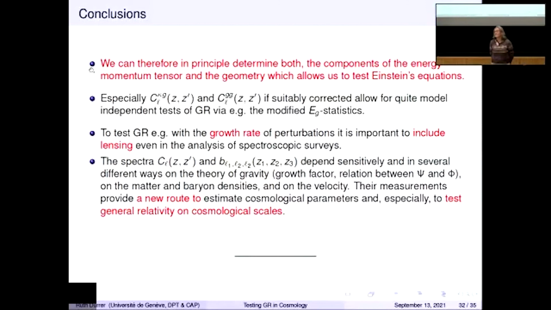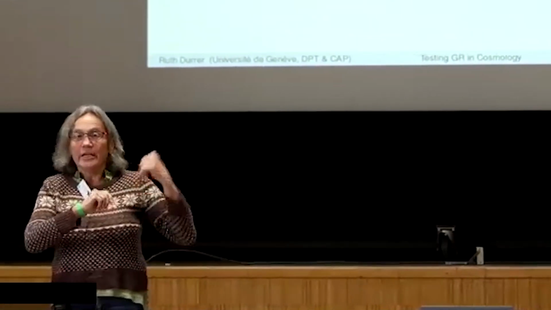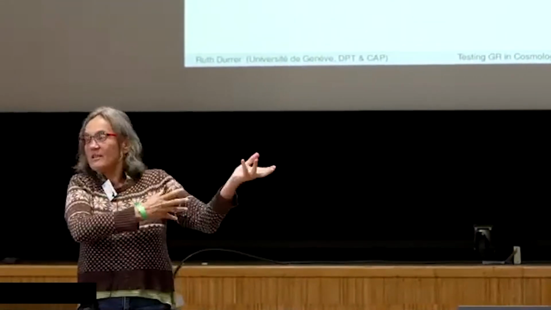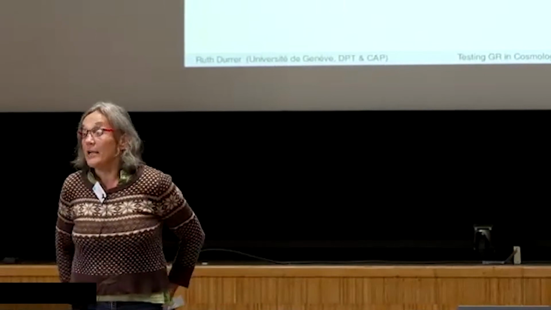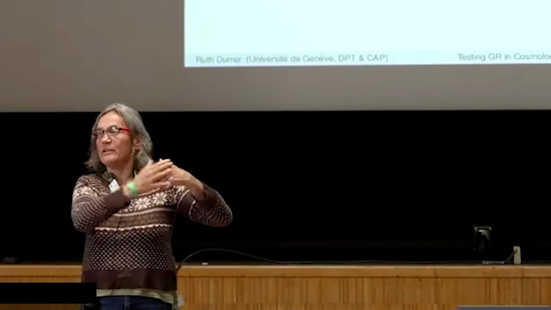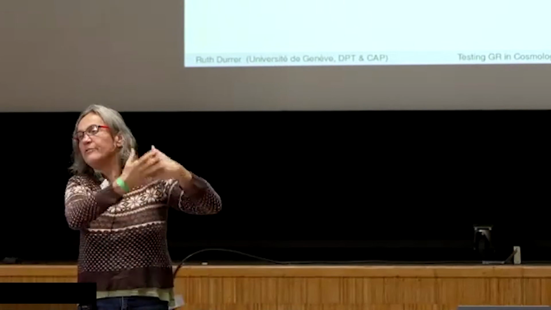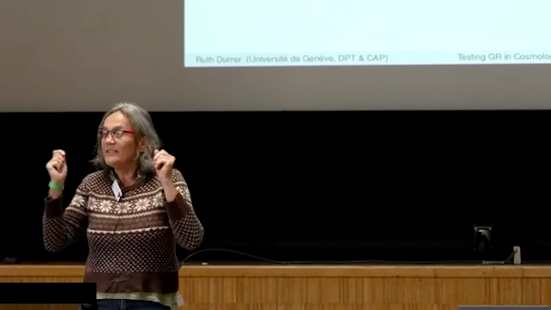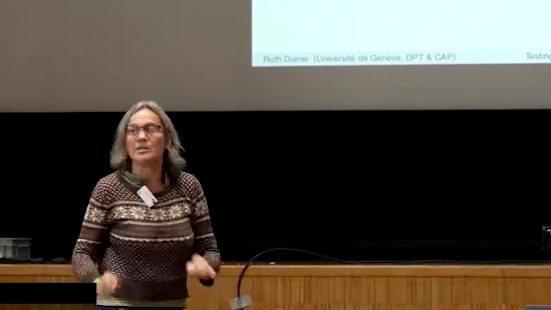I have a question which is possibly embarrassing because it seems like I didn't understand the main point of your talk. At what point did you not have to rely on the background form of the metric? I assumed that the background form is Friedmann with fluctuations in all the model calculations which I presented. But in the measurement, once you measure, for example, these C_l of C and C prime, you don't have to assume them. You just measure.